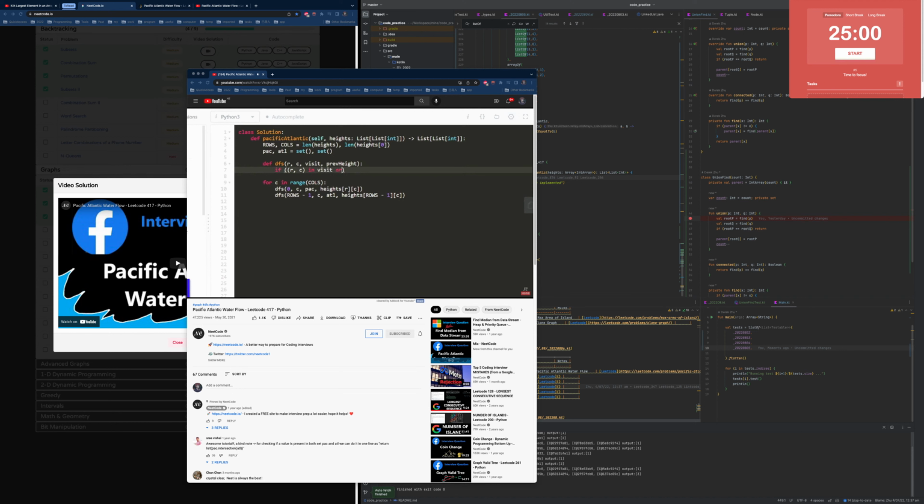Or if it's out of bounds, we're also going to return, right? Because remember, we're going from the ocean, from let's say the Pacific Ocean, and trying to visit all the cells that we can, because that's going to tell us all the cells that can reach the Pacific Ocean. So we're not even trying to reach the ocean right now. We're going from the ocean to all the